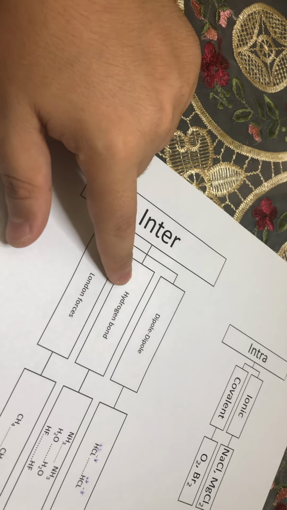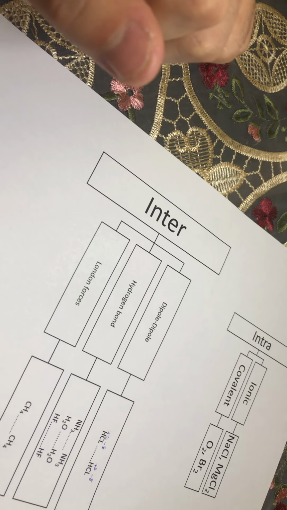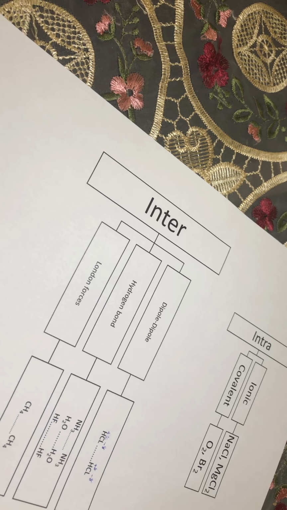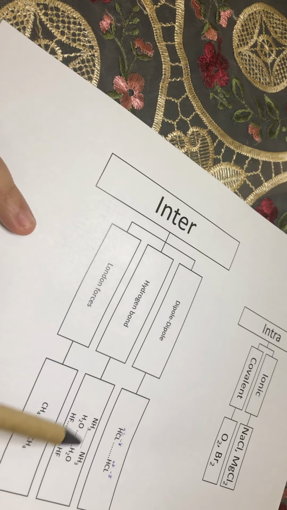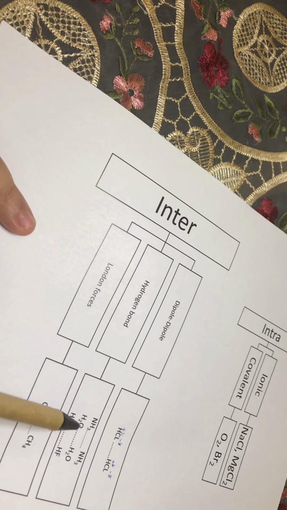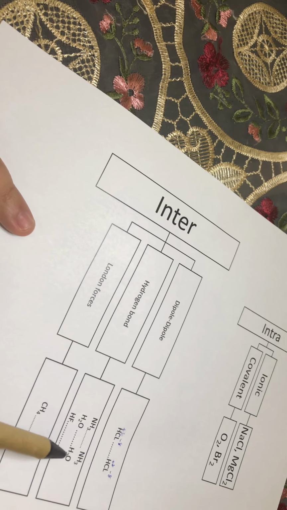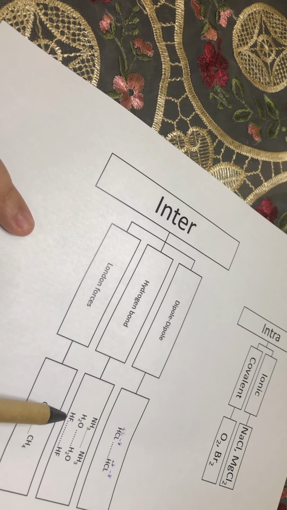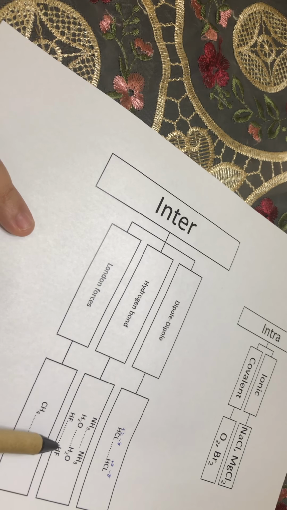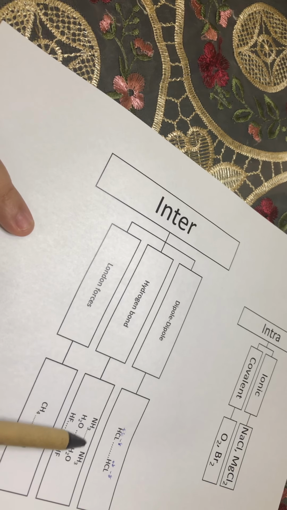The second one, a hydrogen bond, is an attractive force between a partially positive hydrogen and a partially negative charge of atoms. This is from hydrogen of the first molecule to nitrogen like NH3, oxygen like water, and fluorine like hydrogen fluoride. So it's between hydrogen from the first molecule to fluorine, or here from hydrogen to oxygen, here from nitrogen to hydrogen